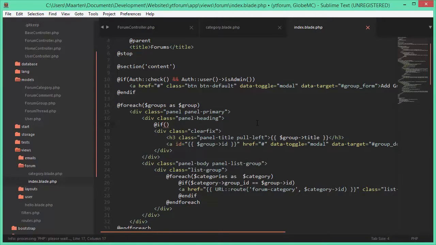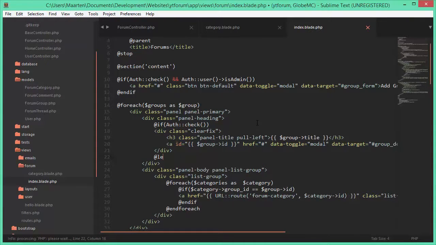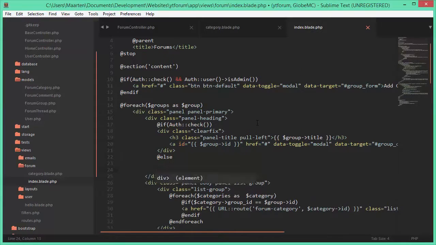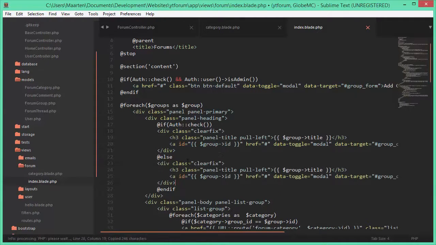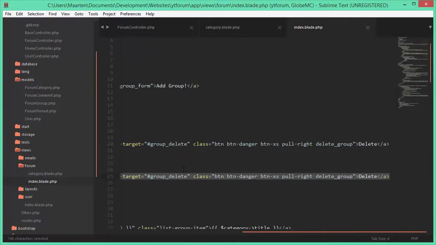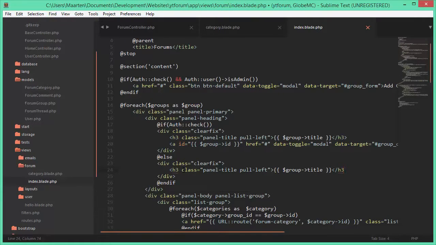So if auth check render this, else, because of course we also have an add category button, and that's also inside a check if they're logged in. So we can just completely do this and get rid of this button there and get rid of this div